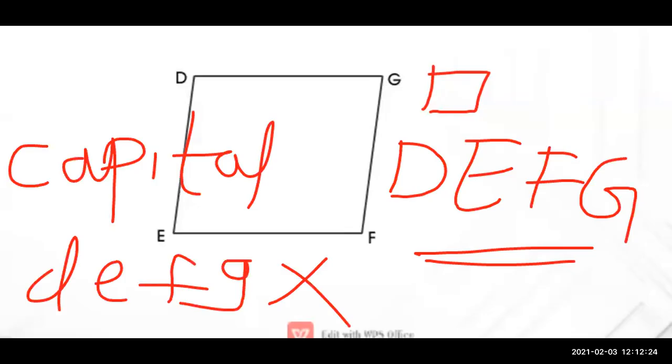So how do you have to write it? You have to write the symbol of quadrilateral, not the spelling of quadrilateral. You are going to write the symbol of quadrilateral and you have to name it, that is DEFG. Now you have to name this quadrilateral in a clockwise direction or anti-clockwise direction. What is clockwise direction? How the clock is moving, after 11, 12, 1, 2, 3, 4, 5. So this way you are going to write the name of the quadrilateral. Now I will show you how you are going to write it.